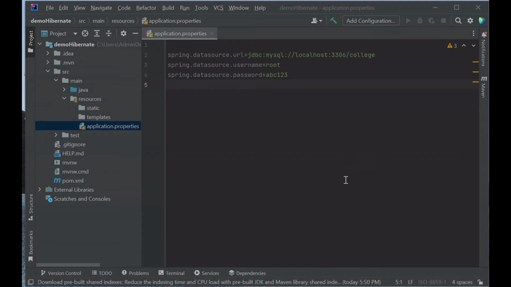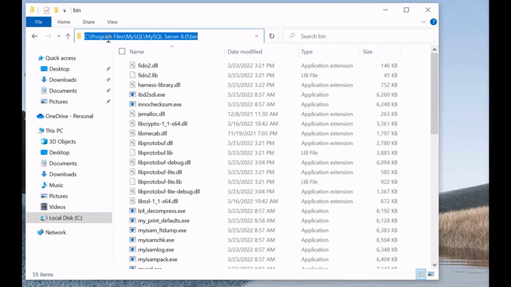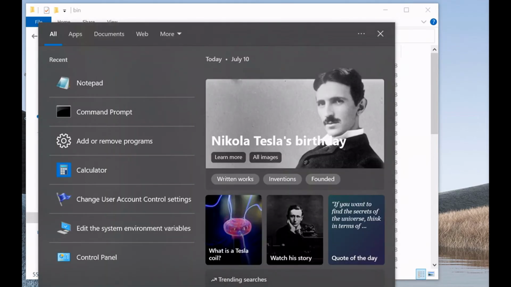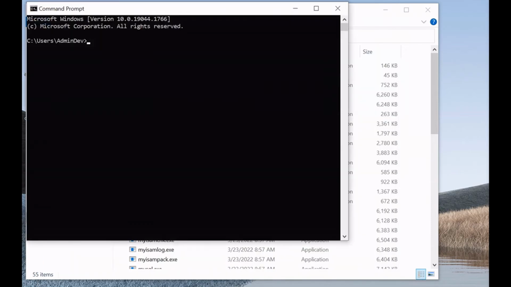By default, MySQL is installed under this directory, C:\Program Files\MySQL, and we need to copy this MySQL Server 8.0\bin path. Go to the Windows bottom left, search for command line, type cmd and open a command prompt, and we can change to the folder we just copied, the bin directory, and then we can type